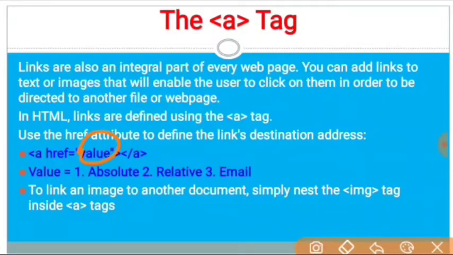So here the value is of three types. The first one is absolute, the second one is relative, and the third one is email. So what is absolute, what is relative, and what is email? Email you already know, but the two things that you don't know, I will tell you: what is absolute and what is relative. Suppose there is a website